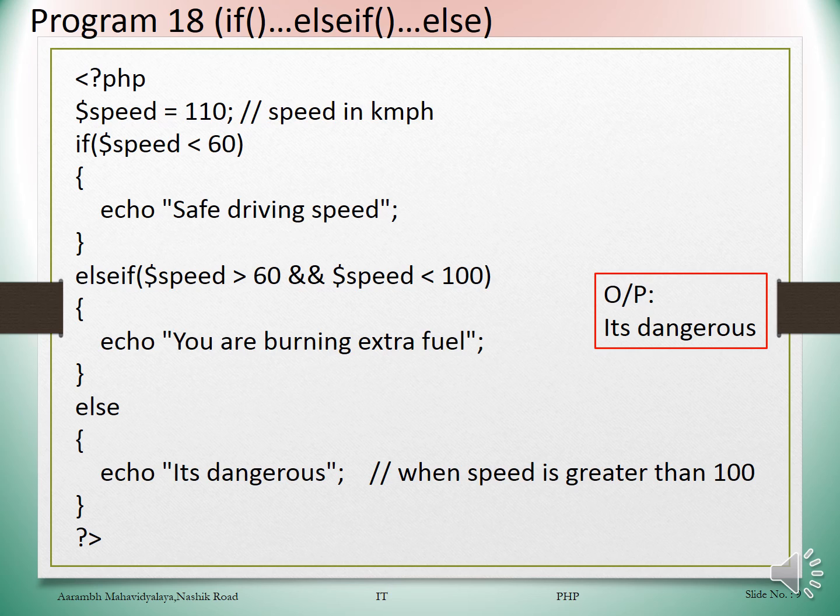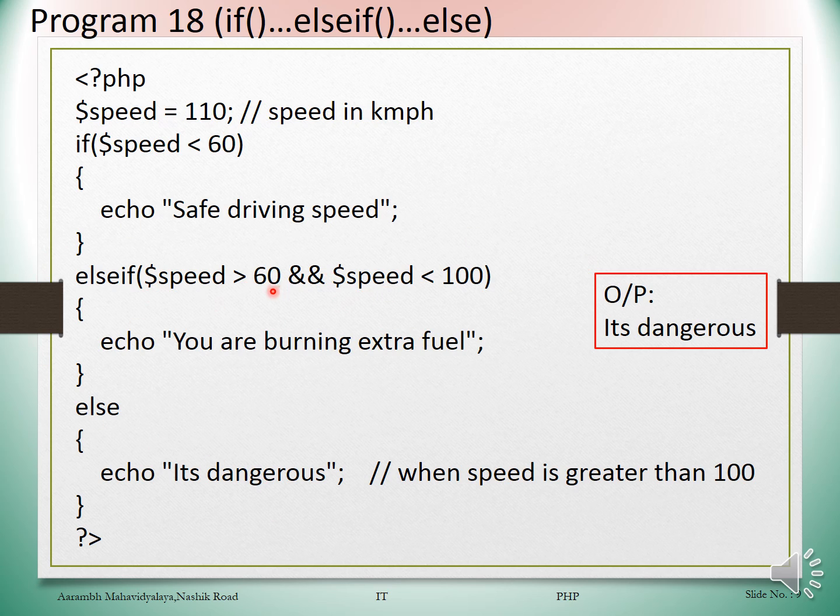If speed is greater than 60 and speed is less than 100, here two conditions are combined by using the AND operator. It combines this condition as well as this condition. If both the conditions are true, then it will display the related message. Otherwise, it will display the else message.